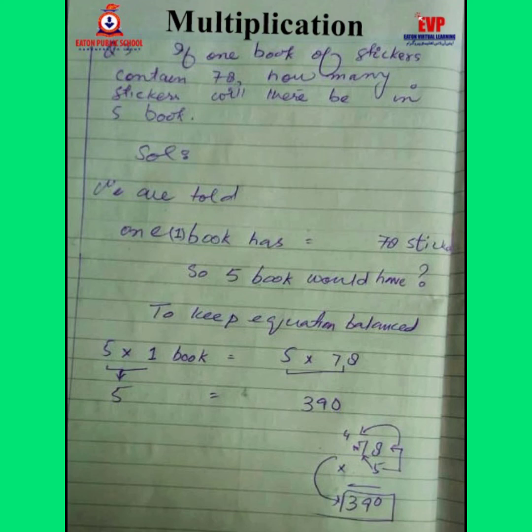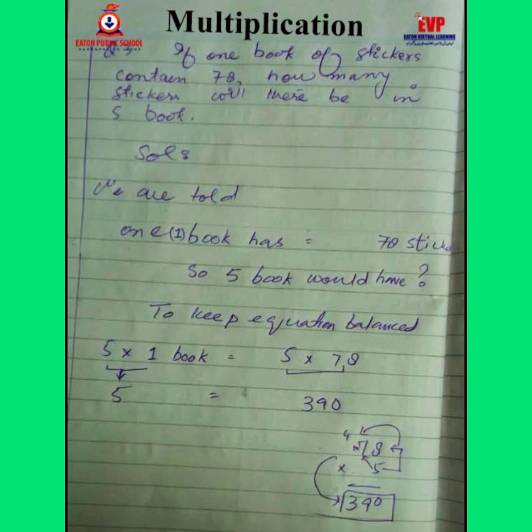And now here's the last concept for today's lecture, which is multiplication. So let's read the question very carefully. If one book of stickers contains 78 stickers, how many stickers will there be in 5 books? So we are told that there is one book which has 78 stickers. So let's make an equation. One book is equal to 78 stickers. So 5 books would